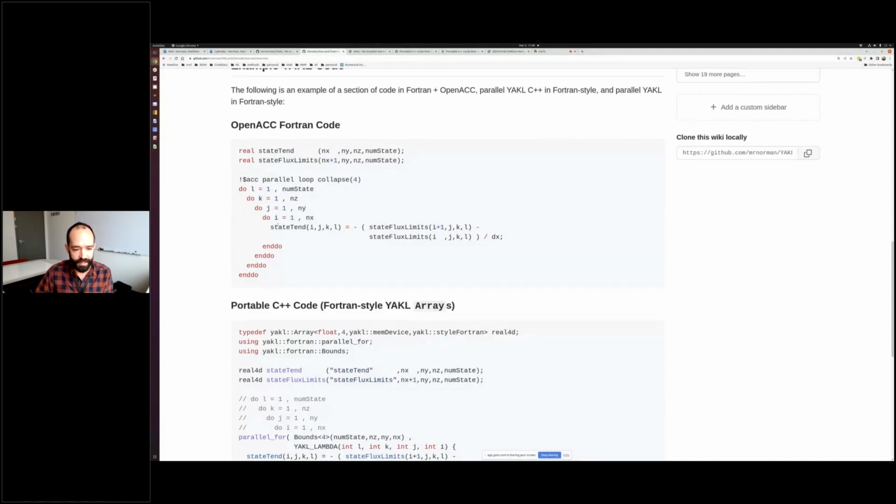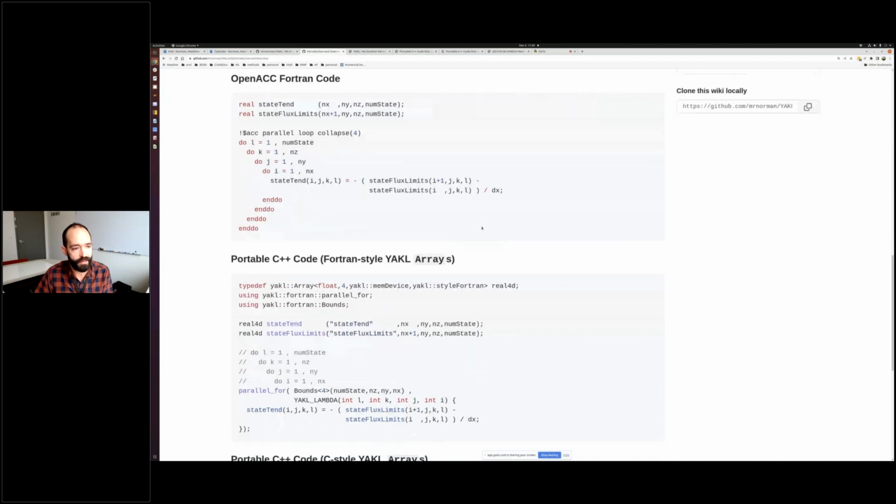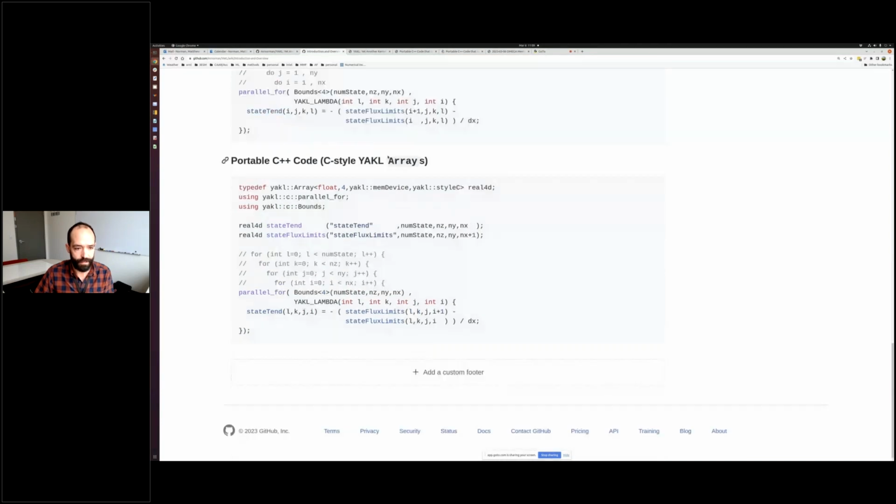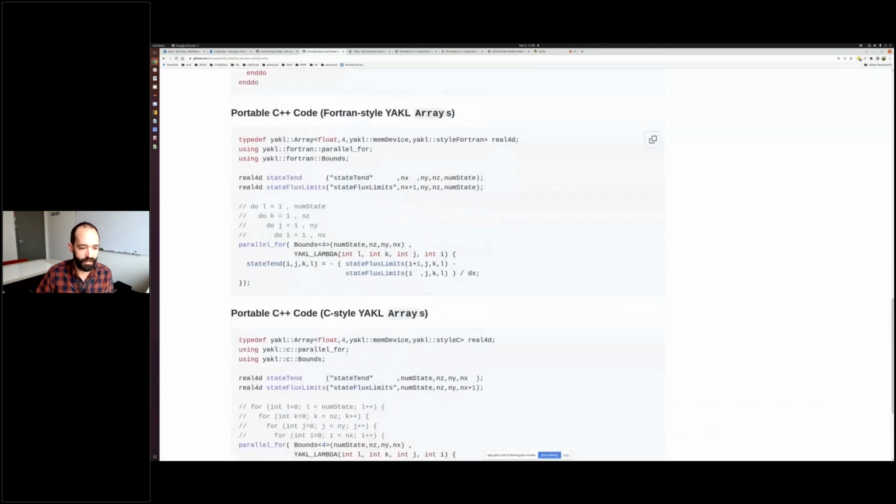This is just updating a state tendency based on the divergence of the flux, for instance, in a co-located finite volume method. You have the declaration of the arrays up here. In Fortran, they like to use automatic arrays a lot, although I think the practice in MPAS is a little different than that. If we were to look at the Fortran style code, if you were to port this, we